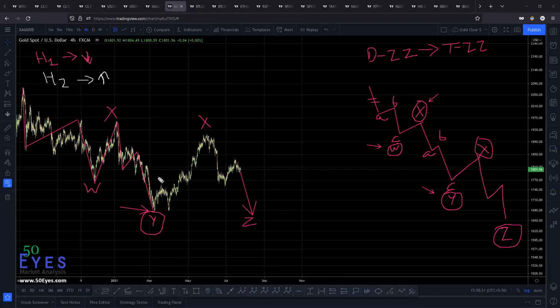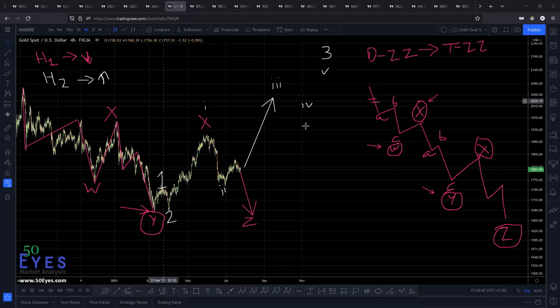So now that we put both of these analyses on the actual chart, this was the Roman 1 and this was the Roman 2, because the wave 3 was continuing to the upside, it will be followed by a Roman 3, a Roman 4 and a Roman 5. Now that we have put both of these analyses on the actual chart, we realize that both H1 and H2 are completely contradictory, right? Yes or no? I would like some response from the audience at this point, because this is a crucial point to understand.